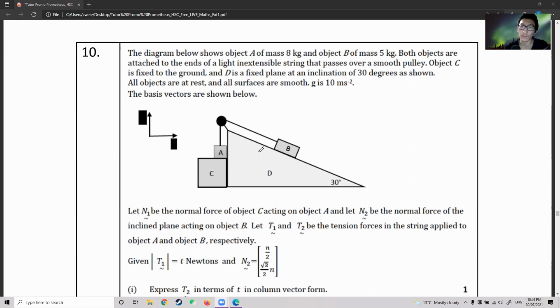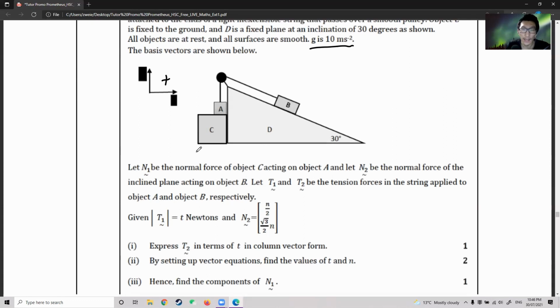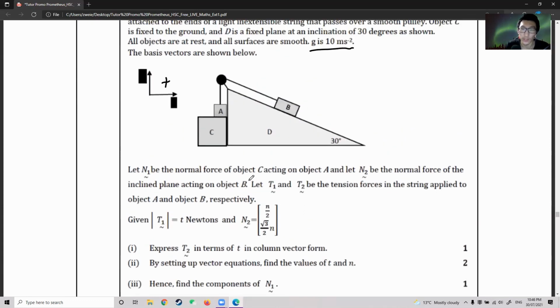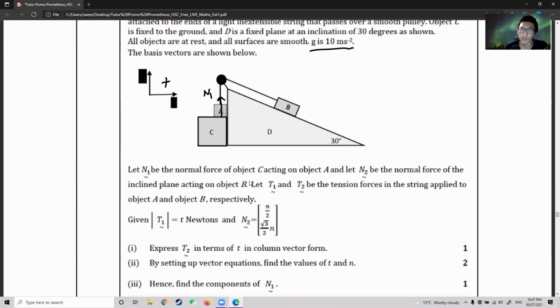g is 10 meters per second squared, so they are given the gravity, right? The basis vectors are shown below, so it's indicating which directions are positive. So going towards the right is positive and going upwards is positive. Let N1 be the normal force of object C acting on object A, so we'll have an N1 over here. And let N2 be the normal force of the inclined plane acting on object B. So this will be our N2,